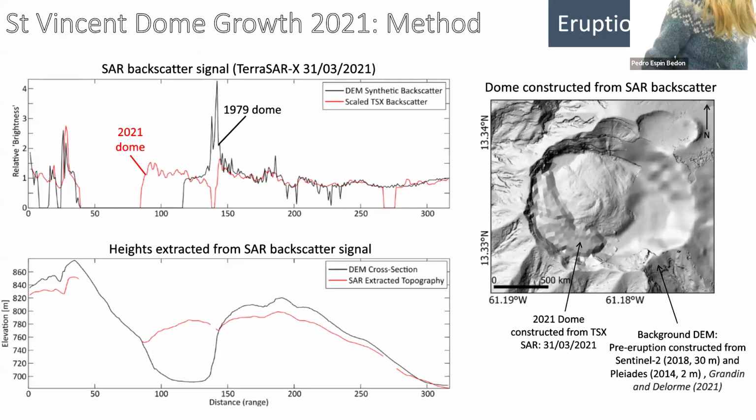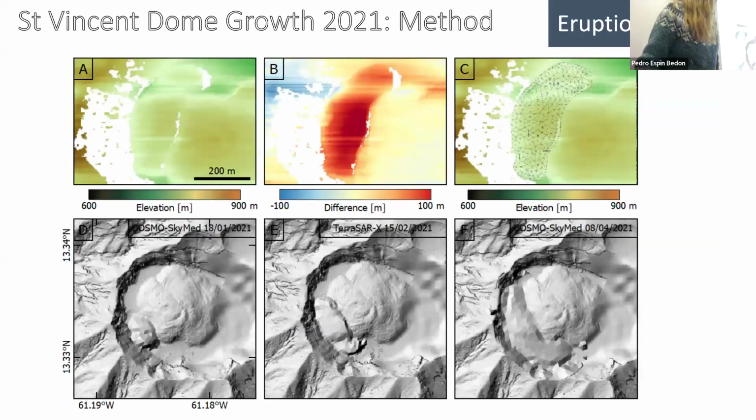And this is a retrieval of the topography that comes directly from the backscatter image itself. It's not the easiest way to get topography from SAR data, but the advantage of it is it doesn't require phase coherence. So you can do it even in an environment like this, where you have the growth of a lava dome and eventually an explosive eruption. And you can see the dome growing here at the bottom.